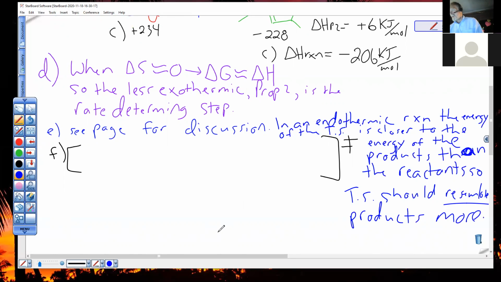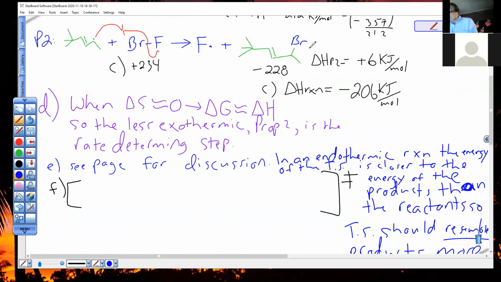Now, get that reaction back on the screen. I need the Br, which is transitioning from here to here. I need the Br to be real close to the carbon. Let's have the product over here. We're making a bond from this carbon to a bromine. And at the end of the reaction,